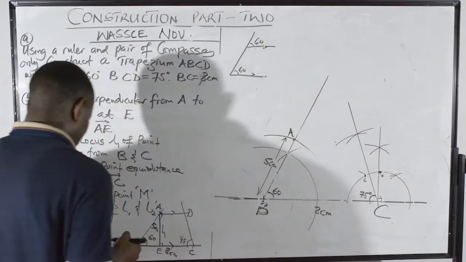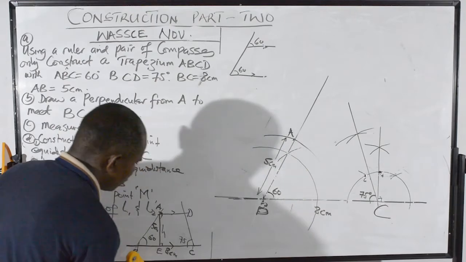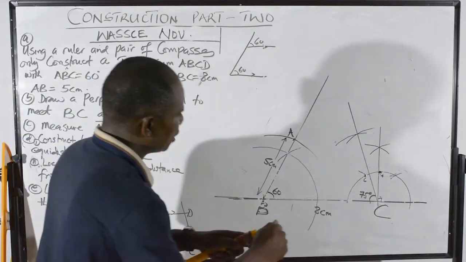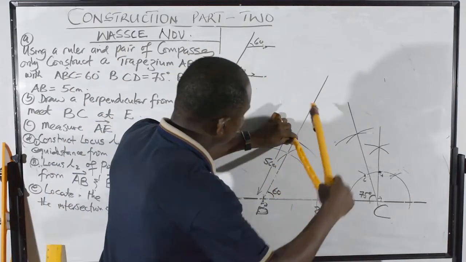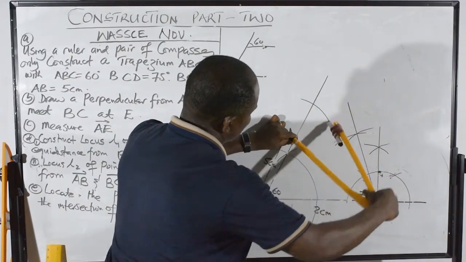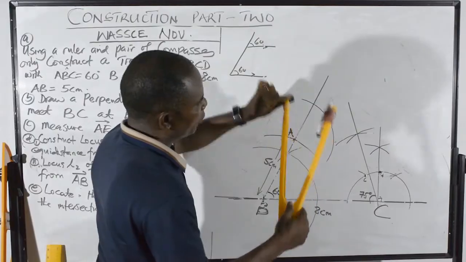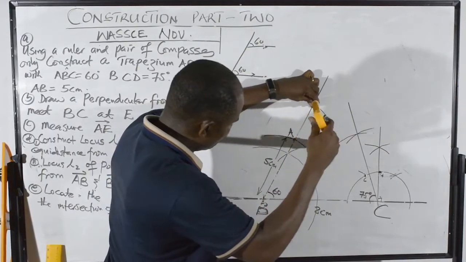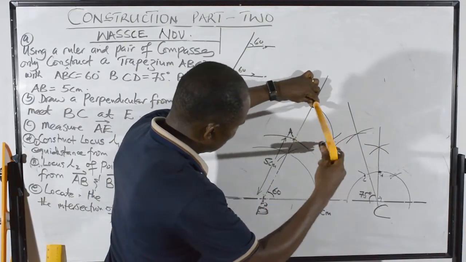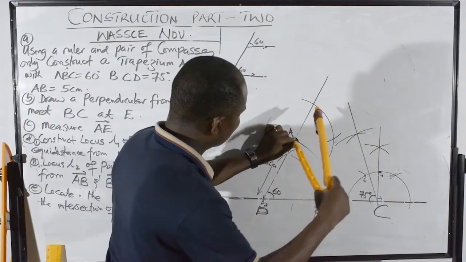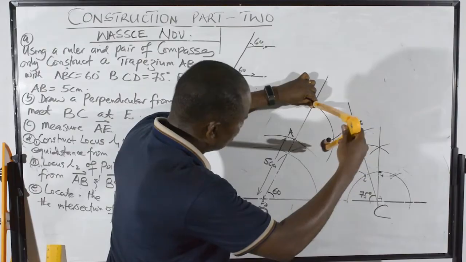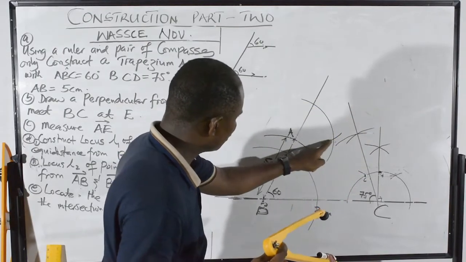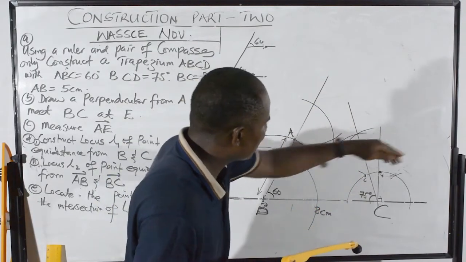So I use the same procedure. You use that point. You construct by small radius. You stand here. You just cut an arc to get in there, right? So with the same radius, you don't change. You stand there to cut. So what I did is to stand here, cut, then with the same radius, I stood there to cut this arc. So now this junction and this will give me the parallel line that will go straight.